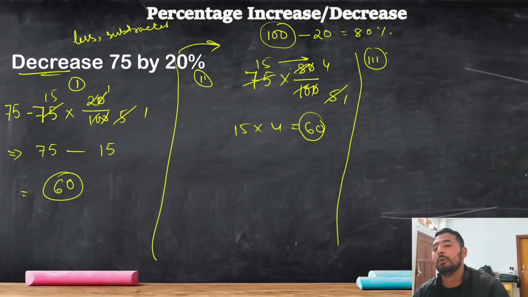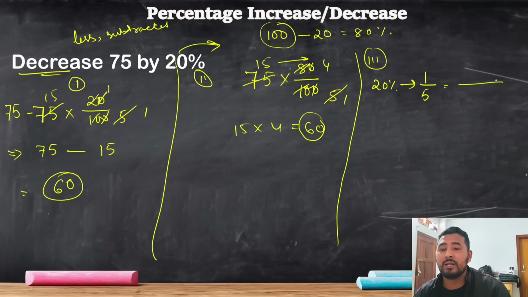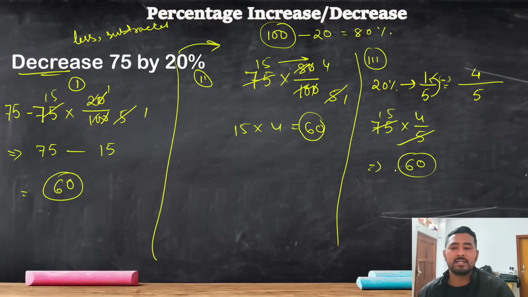Very important one. Now when we're talking about decrease, we know the 20% fractional value is how much? 1 by 5, right? Now we're talking about decrease. First thing you should remember is the denominator will remain the same. Now decrease. In increase, we added to the numerator. Now in decrease, we will subtract. 5 minus 1 will be how much? 4. Okay, 4. So let's do this. Decrease 75 into 4 by 5. How much will we be getting? 5, 1, 5, 15. 15 into 4 is 60. See, are we getting 60? This is very important. Third one.